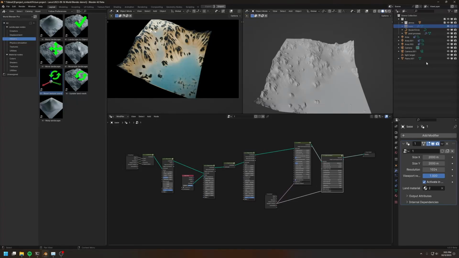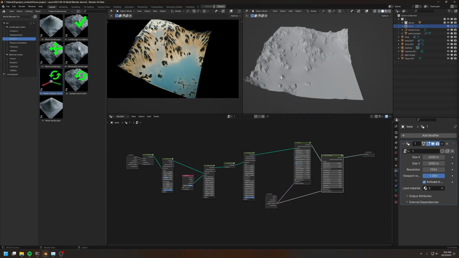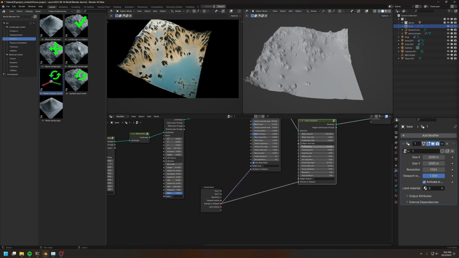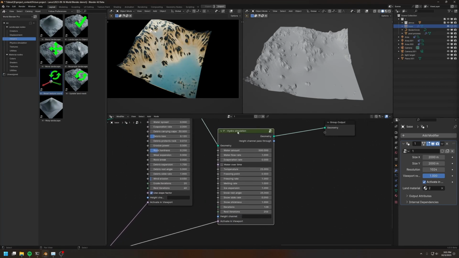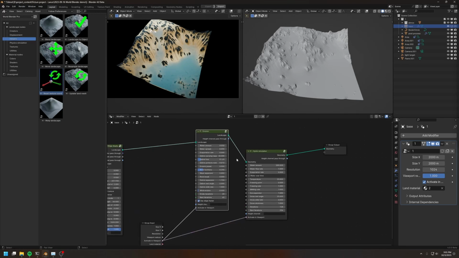Today, let's talk about the helpers. And in order to demonstrate the helpers, I prepared this nice little landscape here using World Blender Pro. And in this landscape, I have this hydro simulation node to introduce some additional water into the landscape. And also, the simulation is very slow, so I don't want to rerun the simulation every time I do something